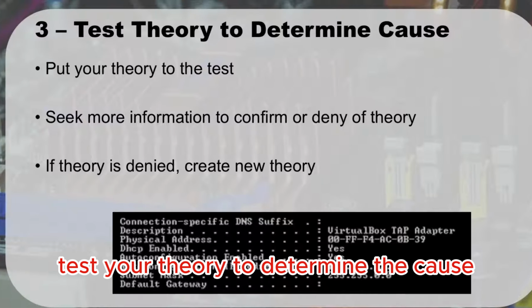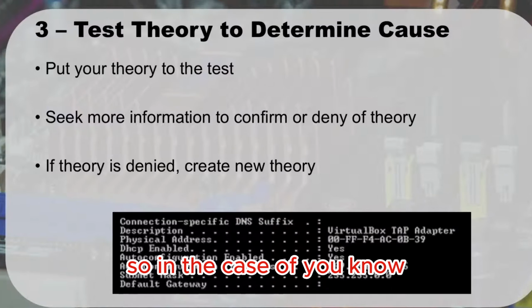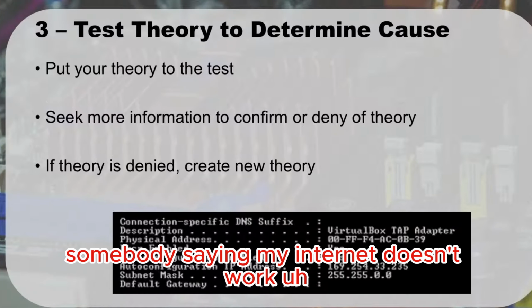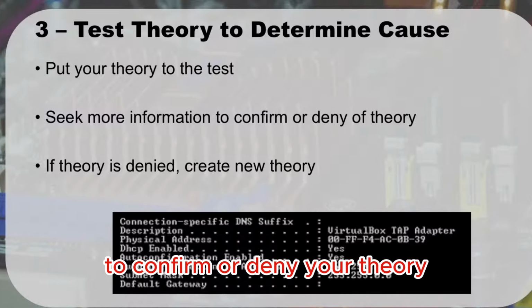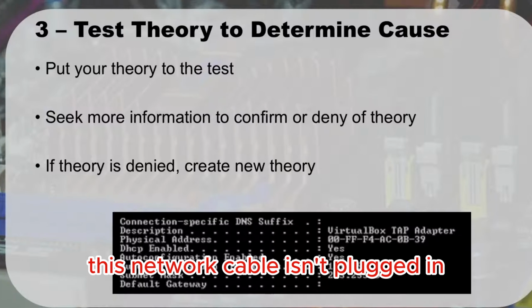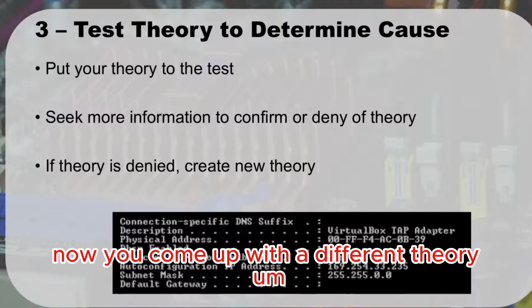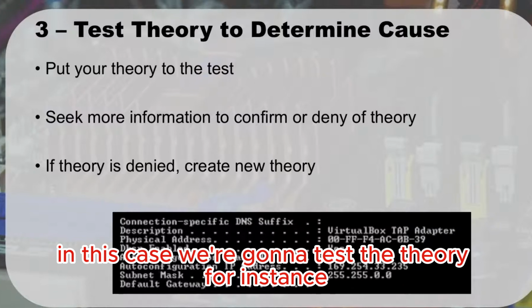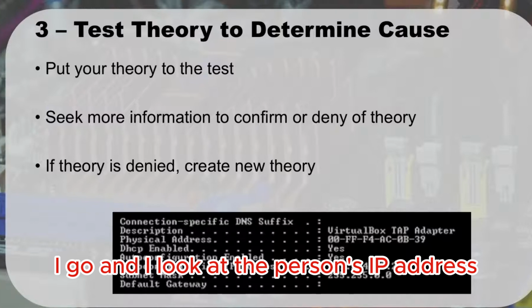Test your theory to determine the cause. You need to put that theory to the test. So in the case of somebody saying my internet doesn't work, you need to start looking for information to confirm or deny your theory. Maybe your theory is, hey, this network cable isn't plugged in. You go check and it is plugged in. Now you need to come up with a different theory. In this case, if we're going to test the theory, for instance, I can't get to Facebook, I go and I look at the person's IP address and I see a